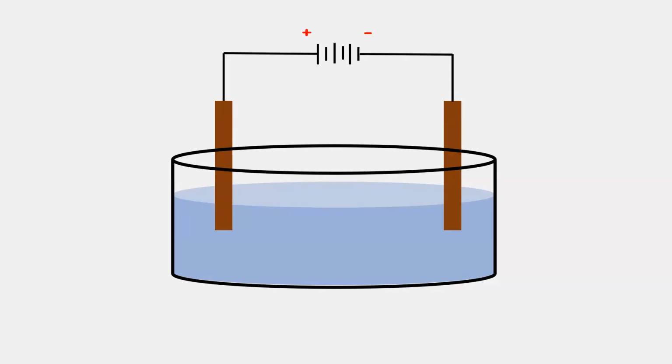Yes, sir. Now the solution that we have is molten NaCl. If it is molten NaCl, it will have Na positive ions and Cl negative ions, correct? Now, if you have a negative charge here, that means the electrons will be on this side. So it will attract the positive ions, that is Na positive, right? Na positive will move this way and Cl negative will move that way.